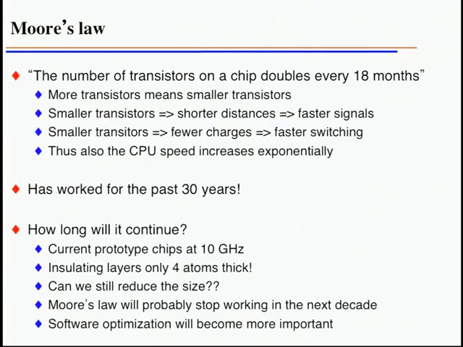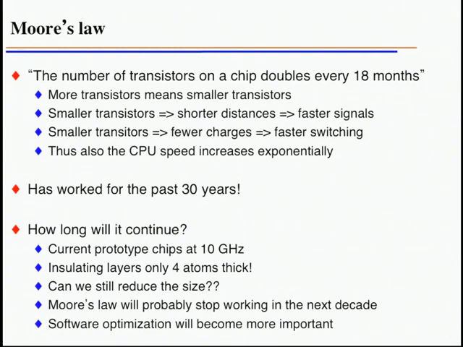Before we dive into some parts more in detail, one thing that's often mentioned about CPUs is this famous Moore's law, which you might have heard about. There's many versions of that. The original version was the number of transistors on a chip doubles every 18 months. Now, you might have heard that Moore's law is actually saying CPUs are getting faster. That's not entirely true, and still there's a lot of truth within this, because more transistors on the same chip